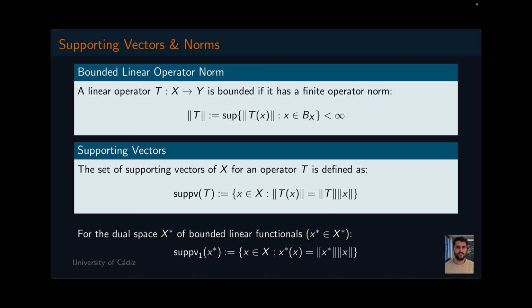Similarly, for any bounded linear functional x star residing in the dual space, its supporting vectors are those exact points of the unit sphere where the functional touches its bounding hyperplane. 0 is trivially always a supporting vector, but it is the non-zero supporting vectors that give us the explicit geometry boundaries we need to perform a strict optimization.